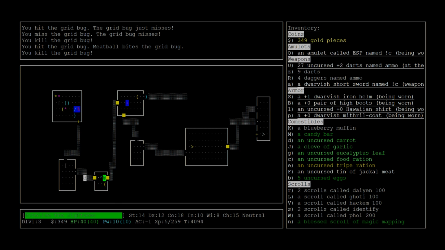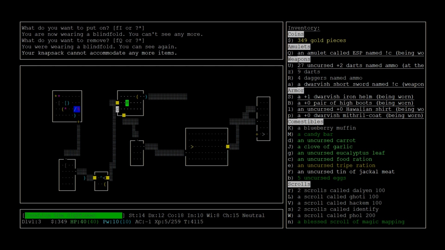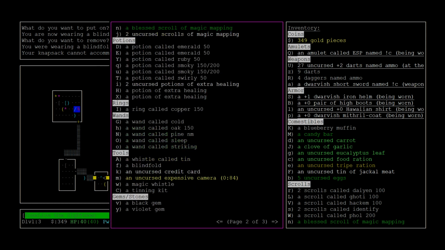We're probably not going to have a great 2-hit with this. Let me put on my blindfold. There's nothing else in the level. There was a peaceful dog on this level somewhere. I wonder if it hit one of these bear traps and died or something. Not even carry that. Gotcha. Well,